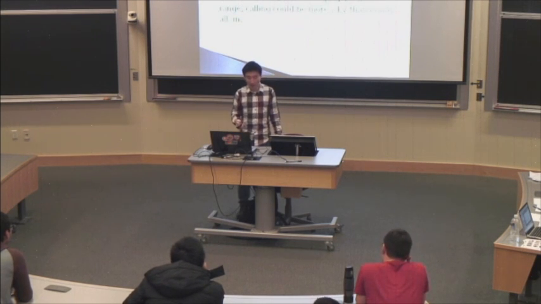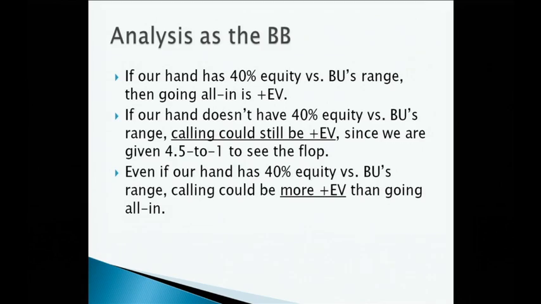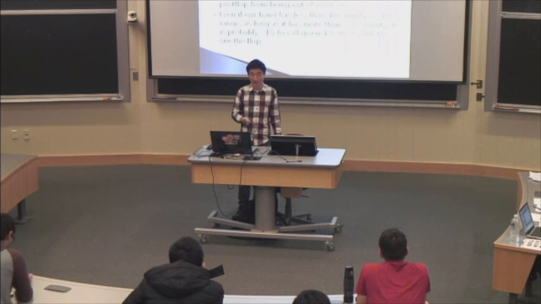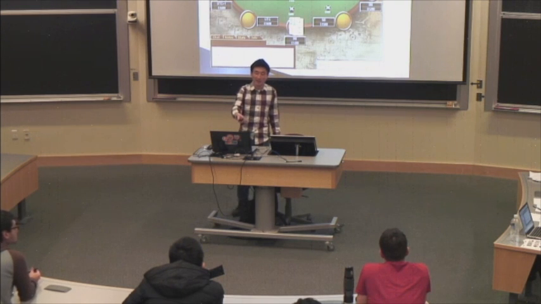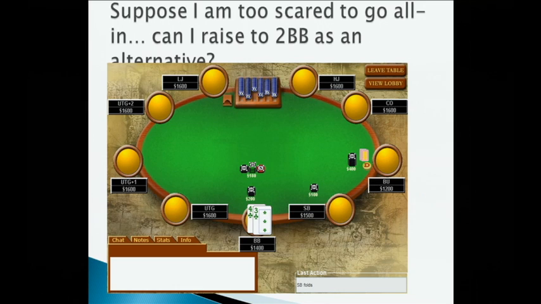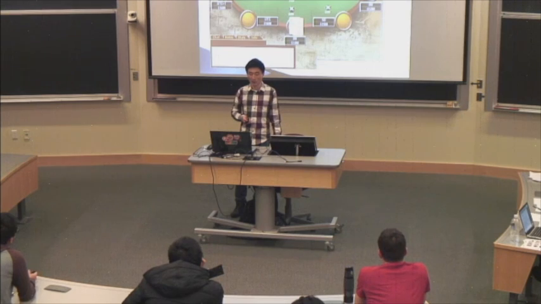So essentially, if our hand has 40% equity against his range, then it's going to be plus EV. So they're going to call, and they're not going to raise the 4-3 suited. The fact that we didn't go all in gives them an option here. With their good hands, they can go all in and rope us into getting all in anyway when we're the button. And with their bad hands, like 4-3 suited, that they don't want to go all in with, they can still call and see a flop.